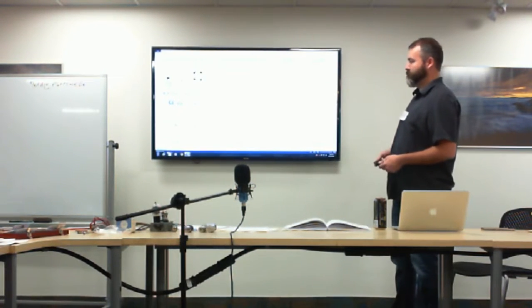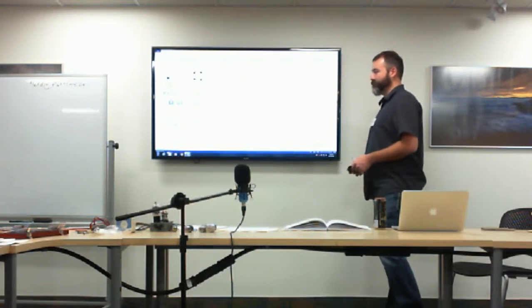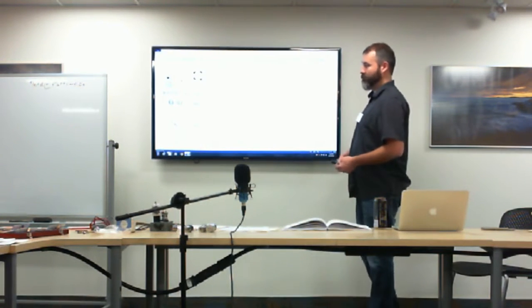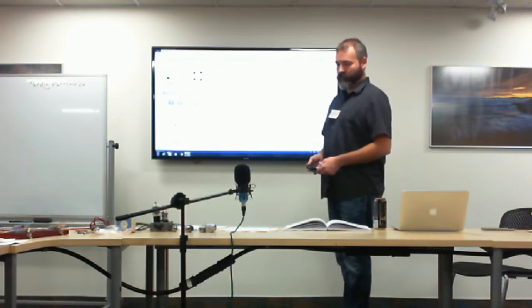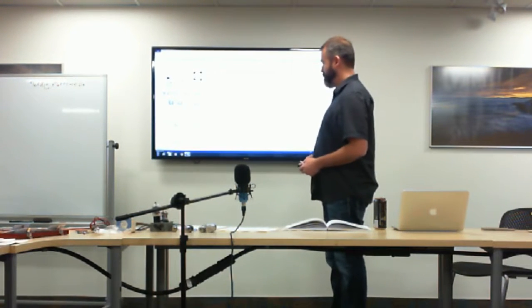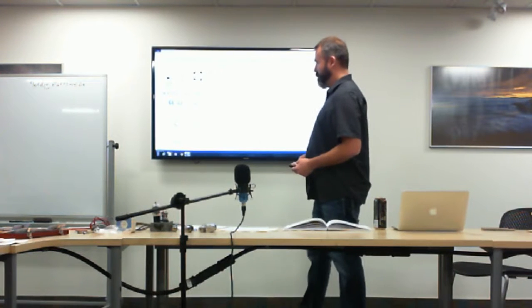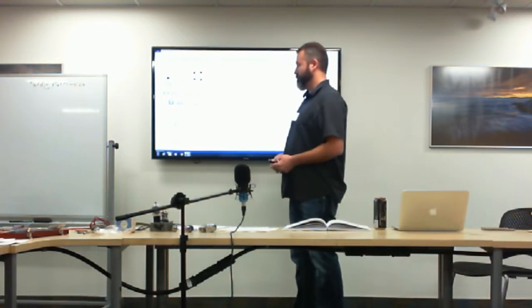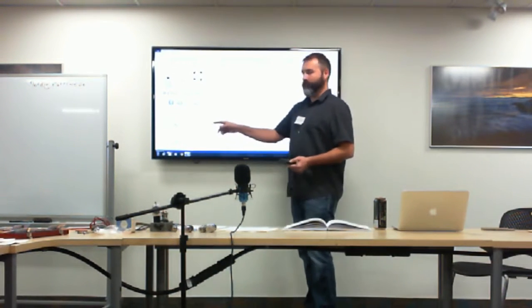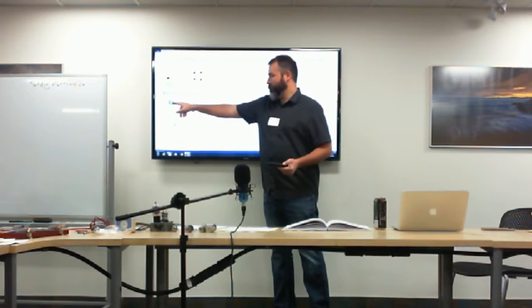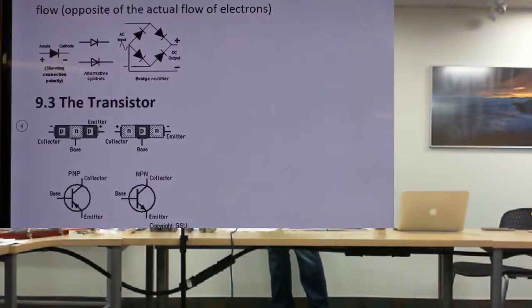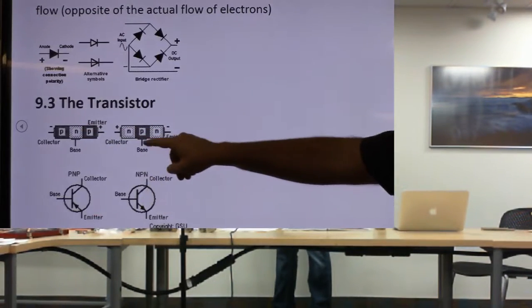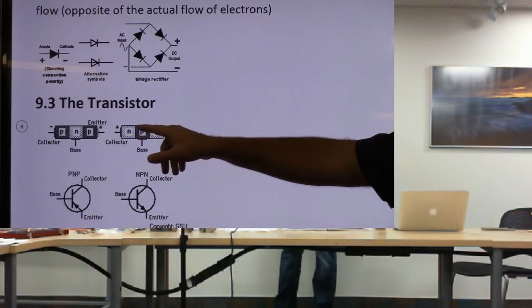Next, what can we do with these lovely little junctions? Well, we can stack them. We can create transistors. Transistors is where we can start doing some real cool things. We have two different types of transistors: a PNP or an NPN, and it really is just what materials we have. So we have P material with an N material in the middle, then a P material, PNP, so it's positive, negative, positive, and we have NPN, which is negative, positive, negative.